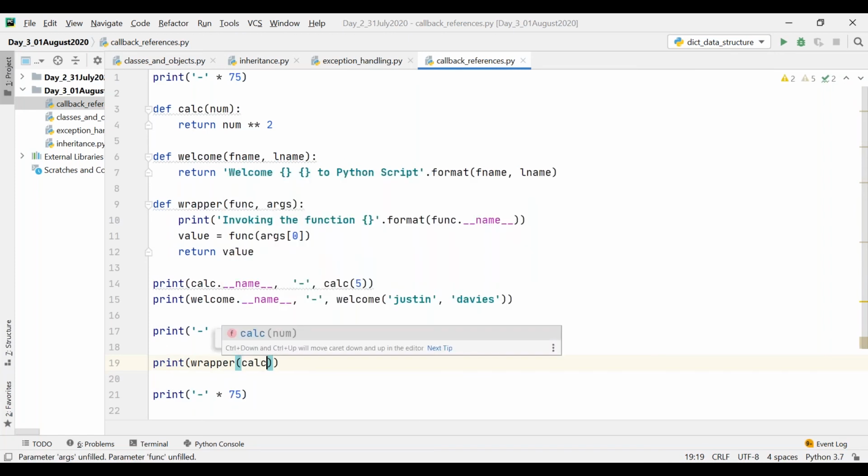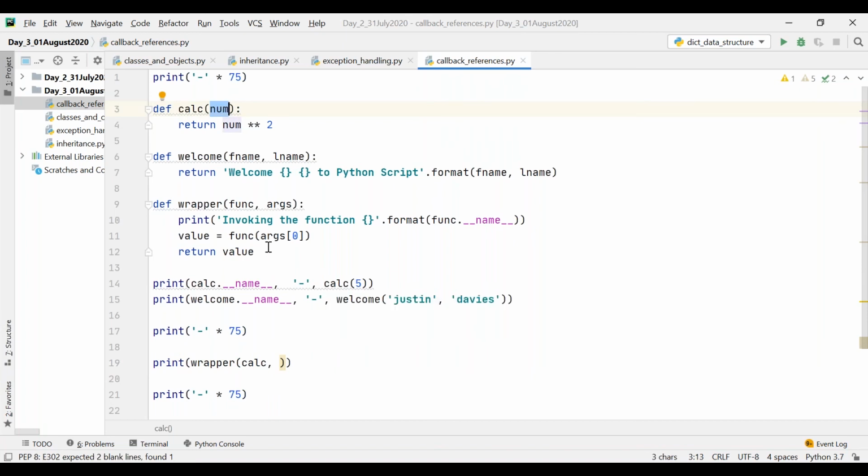Calc, comma, and then I'm just going to pass the parameter in the form of a tuple, because here I have used args of 0, right? So I am just going to pass the parameter in the form of a tuple, that is 5 comma.